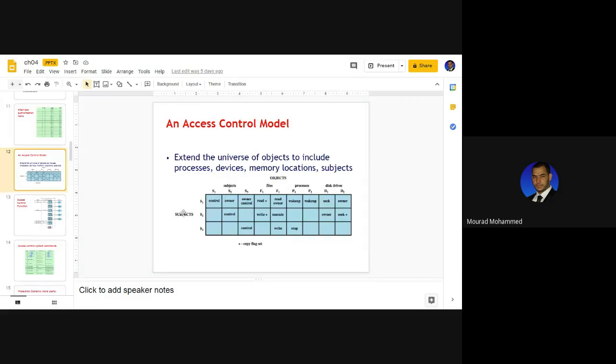So the instructor can control the profile of a student. An administrator can control the profile of a worker, an employee. So a worker or a student can be playing the role of an object. It's a resource that the user has to access.